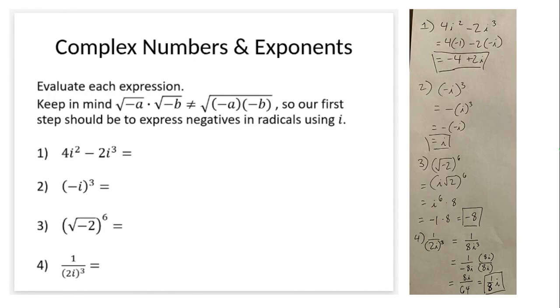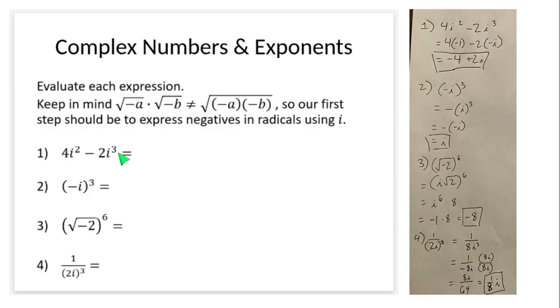So, we were talking about complex numbers last week, and we need to remember whenever we evaluate with complex numbers, we need to represent negatives under radicals using i so that we don't make a silly mistake that we talked about last week. So, if we were to look at number 1 on this slide, 4i squared minus 2i cubed,